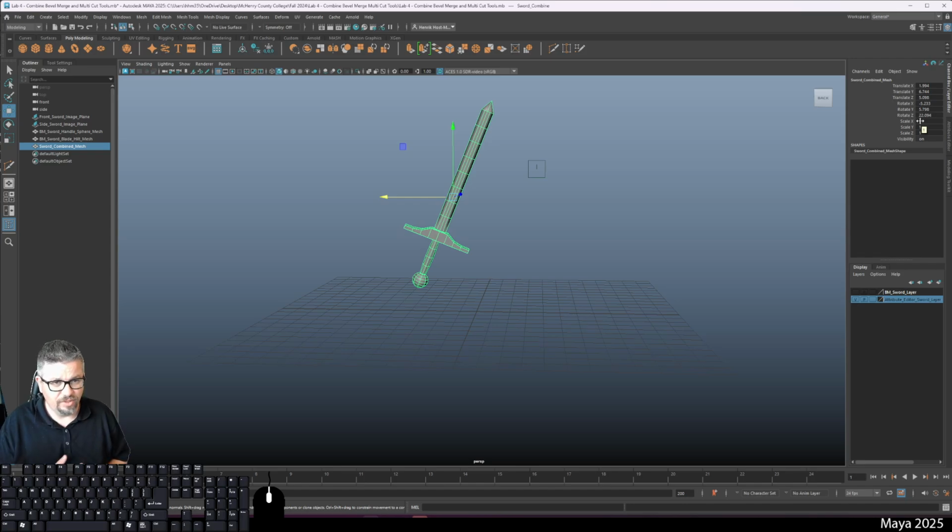So another term that's commonly used for freezing transformations is zeroed out. What we do is we zero out our translate and our rotate. The scale doesn't go to 0, it goes to 1, so this term, zeroed out, is really called freeze transformations, but a lot of people refer to it as zeroed out. But just to show you, I have this object here, and if I go to